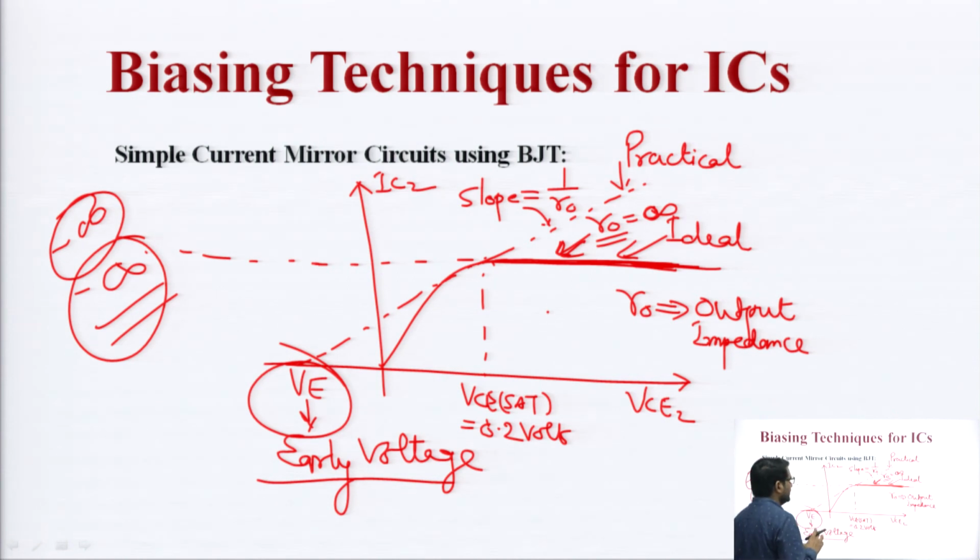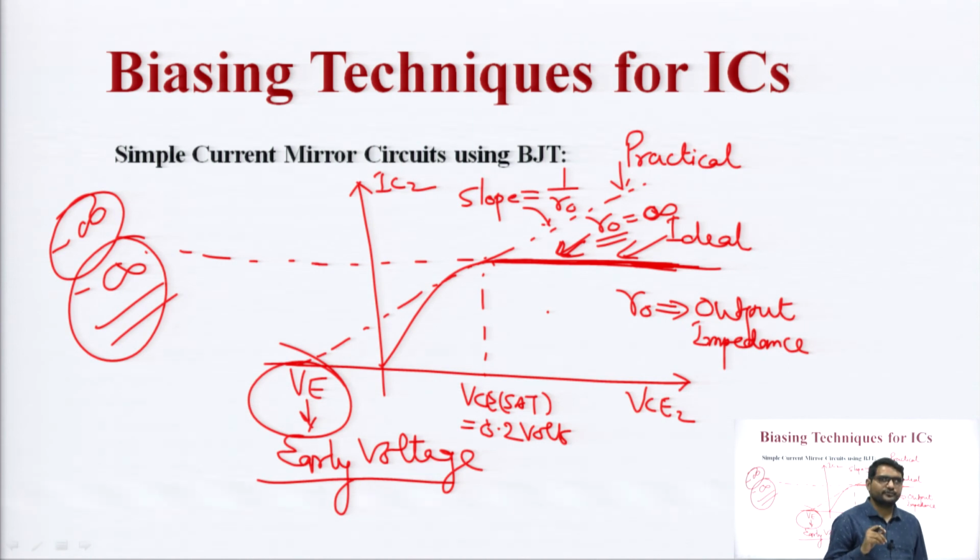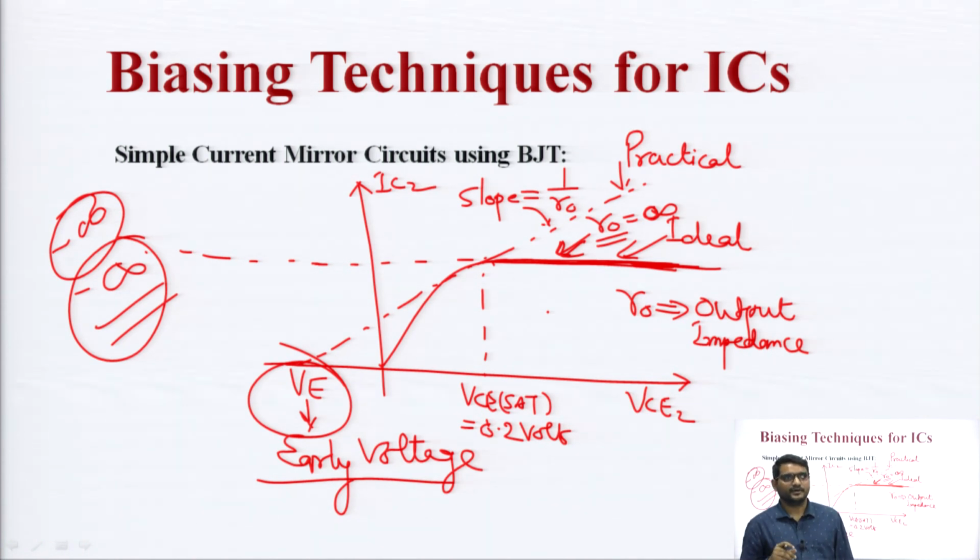This is the current mirror circuit with the BJT, and we also design the current mirror circuit with the MOSFET, where it is very easy to design with the MOSFET, because the fabrication of MOSFET is easy as compared to BJT. But if you consider the driving capability, then we choose BJT, not MOSFET, but if you consider fabrication and area, we choose MOSFET, not BJT.